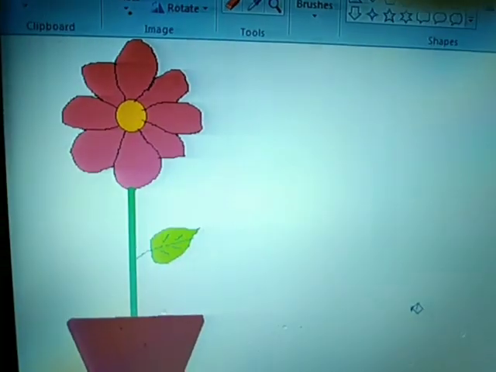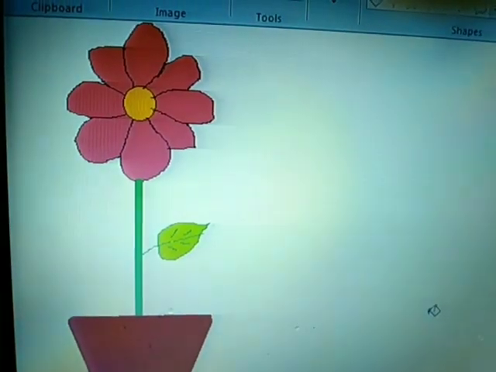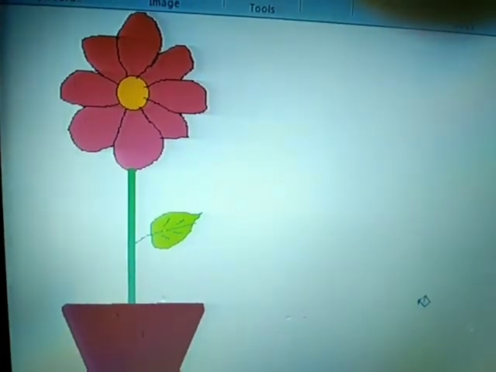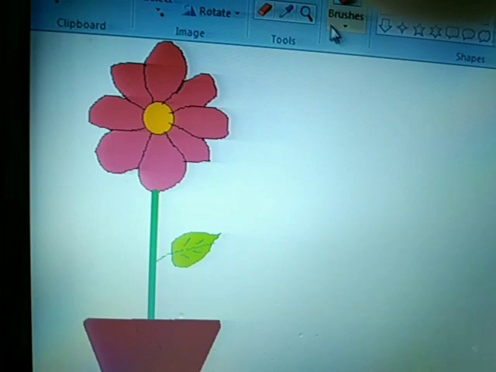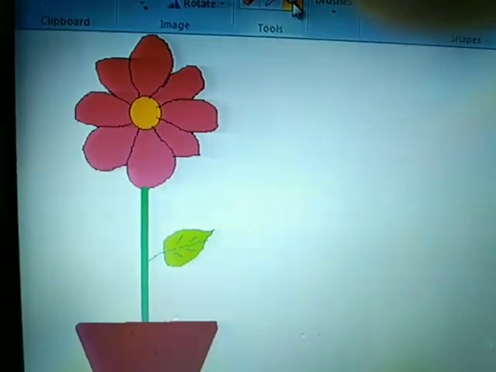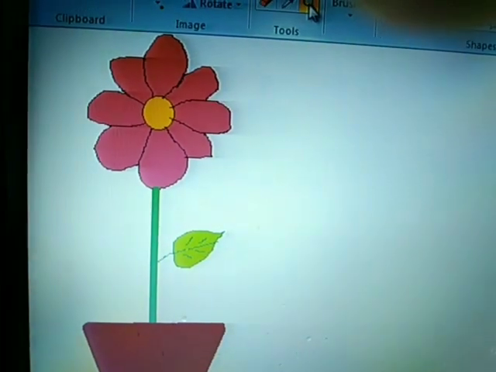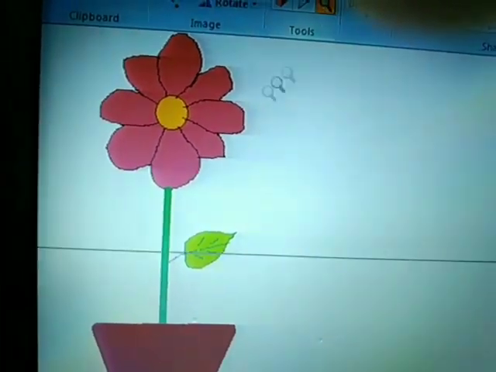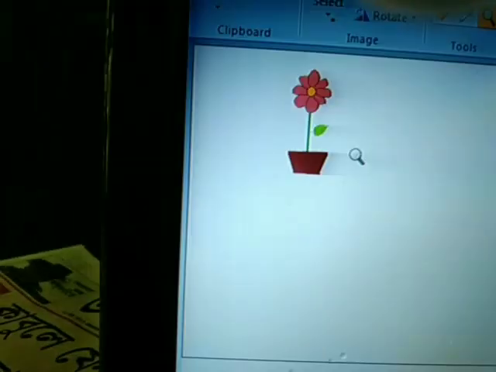We can increase the size, we can decrease the size. I can make it more small. Suppose I need a small drawing for my work, but it is a little difficult for me to draw such small. So what I can do is I can draw a big flower first and then I can make it a small flower. So in this big screen, I have a small flower as I needed.